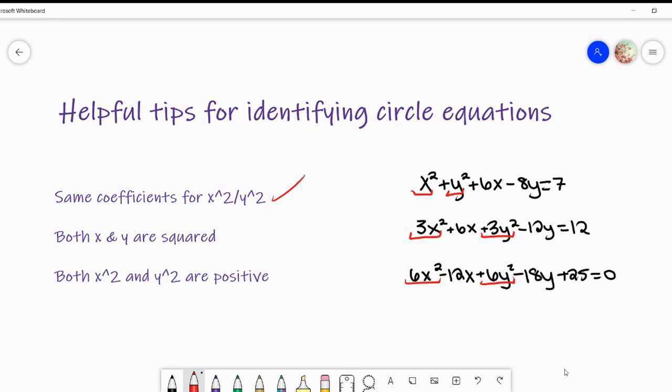So we can check that. Next, both x and y are squared. Well, we actually just went over that. Perfect. And finally, both the x squared and the y squared are positive. We've got a positive sign here, 1 here, and 1 here. And then because there's nothing in front of these 3, it's just a positive. So check. These 3 equations look kind of difficult, maybe even convoluted, but if you complete the square,